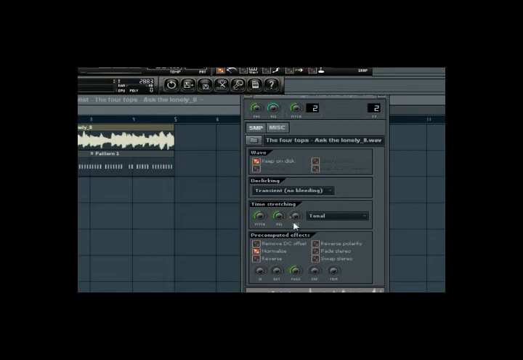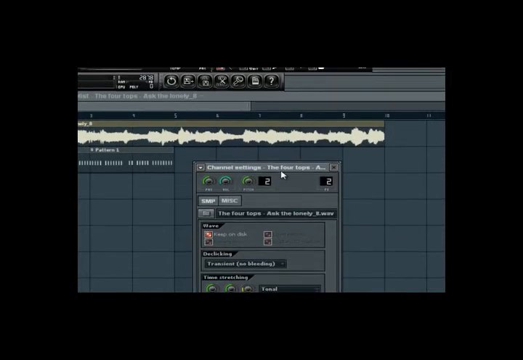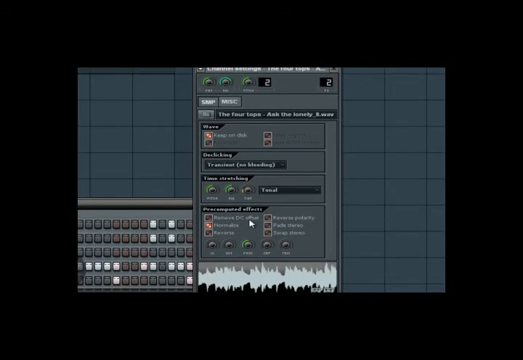Like I said, you could do an 8-bar loop if you want to do another 4, but because of the tempo, it'll just be too long. So usually with samples, you start with a 4-bar loop in FL Studio. Now, if you have a 4-bar loop in FL Studio in there,